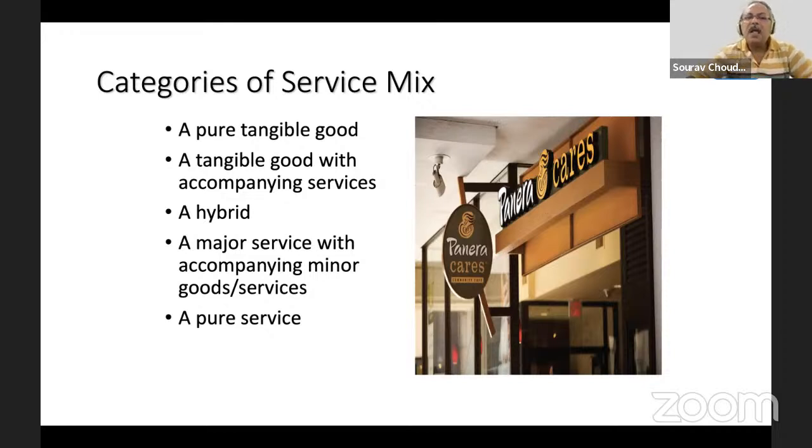Got it? Hybrid, tangible goods with accompanying service. So basically this is hybrid, a major service with accompanying minor goods or services. ठीक है? जैसे